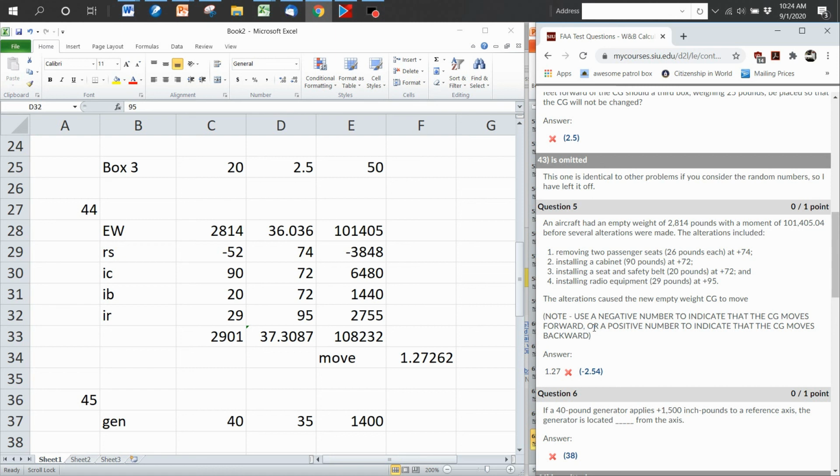You have all week. We have until Tuesday to get this done. You have as many tries as you need. Please spend your time and make sure you have these down. You need to know how to calculate these weight and balance problems, and